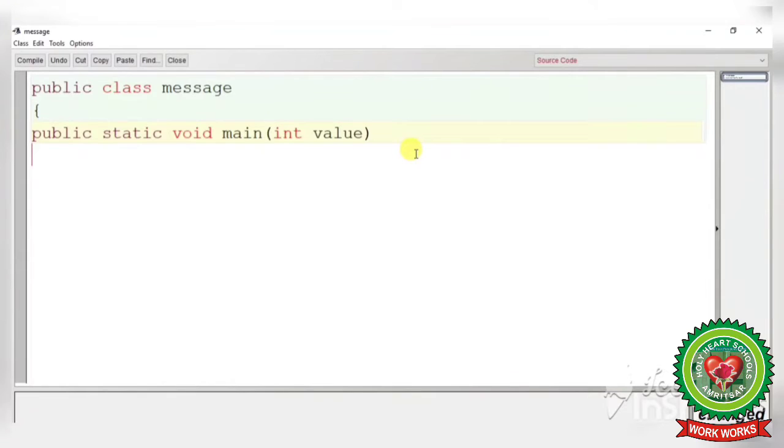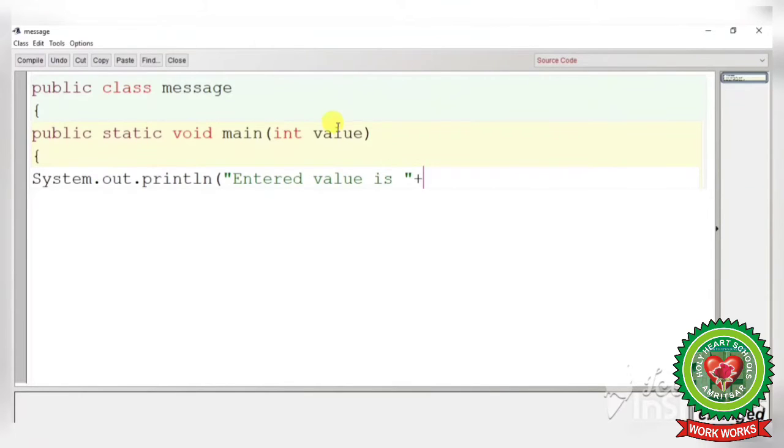Now next, again open curly braces. Now here I am going to start the program. System.out.println, double quotes, entered value is, and wherever we have stored the value, we will write that variable here.